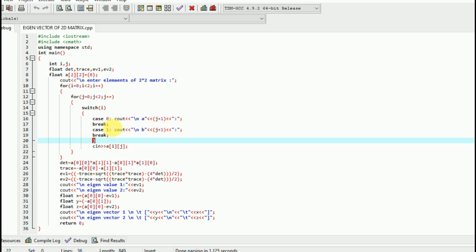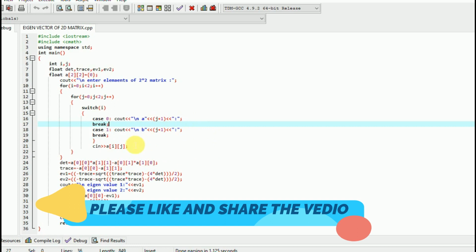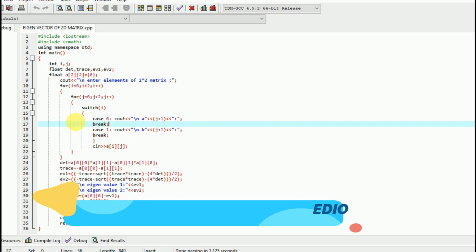Again we will use a break statement here, so this will come out of the switch, and then i remains equal to 0 and j is equal to 1. When j is equal to 1, the case remains the same, case 0, we will get a, and from here j equal to 1 we get a2, and then we will come out of this loop.